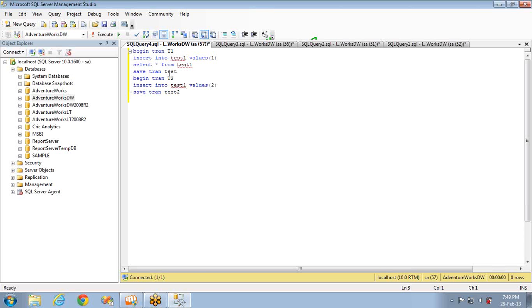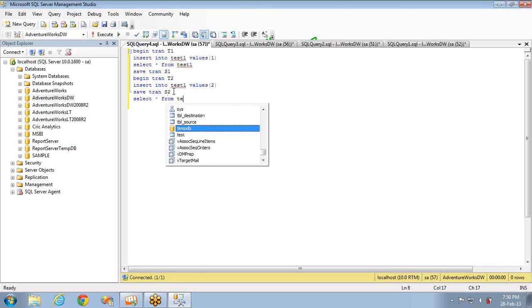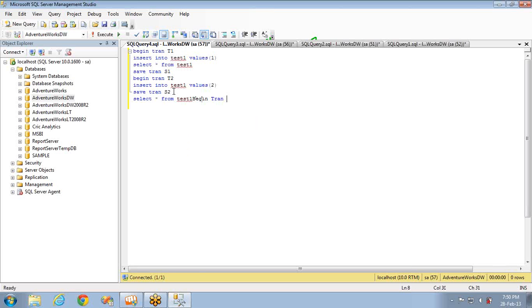I mean, I'm not giving proper naming conventions, man. You may get confused, so I'll give better naming conventions. I'll give it as S1. I'll give it as S2. And I'm writing select star from test1 to check what data is available at this point of time. Here, I'm beginning one more transaction, that is T3. Begin transaction T3.